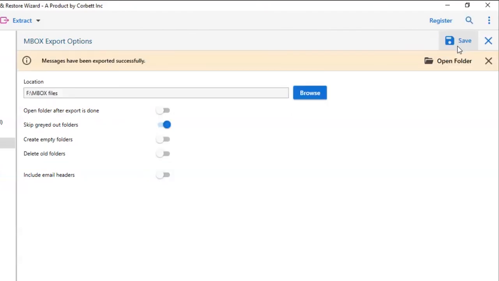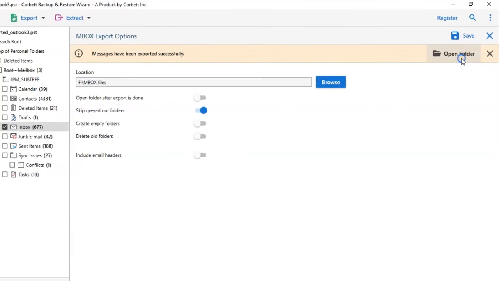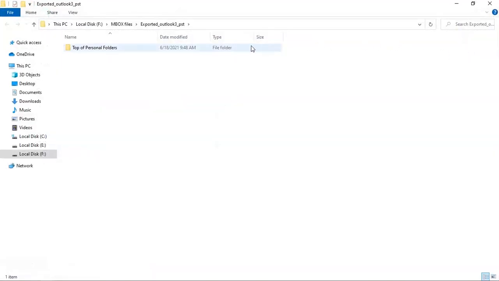After export is done, then click on Open Folder option. Now you will see the resultant folder. Click on it and get all, and see the